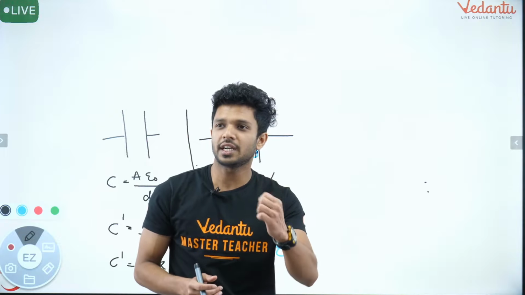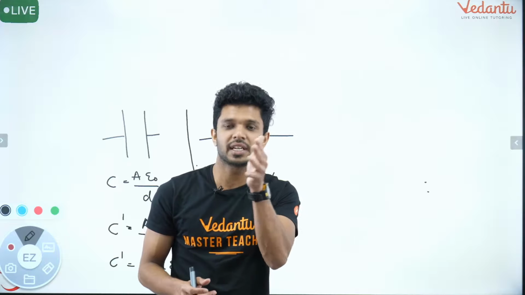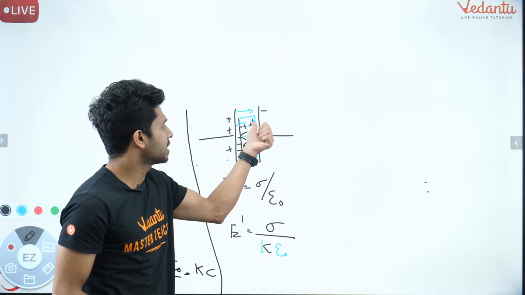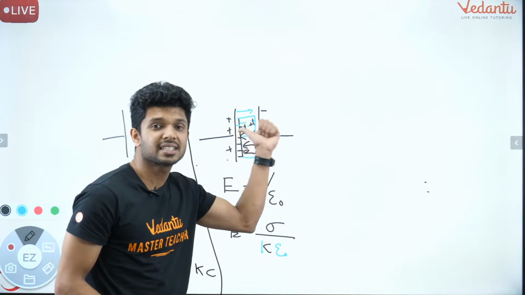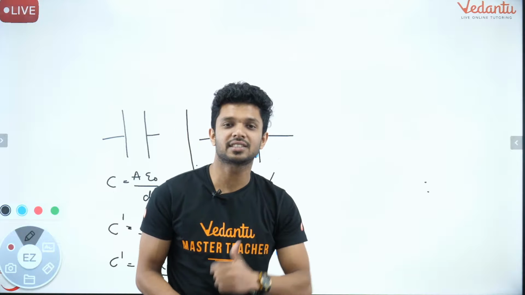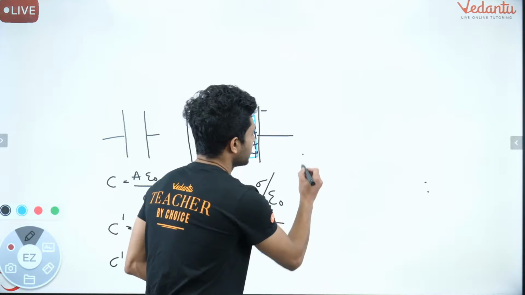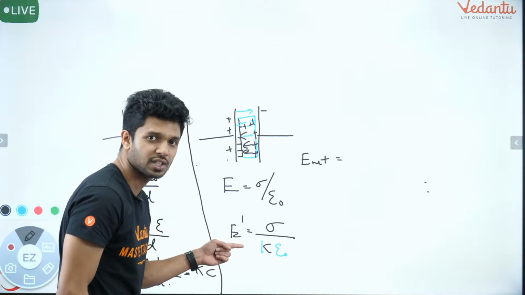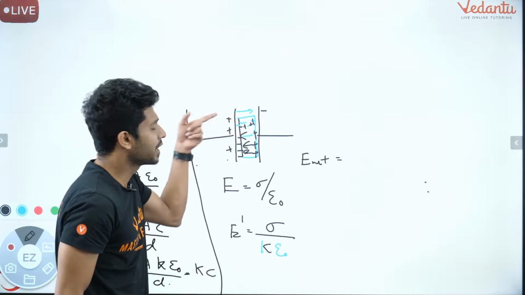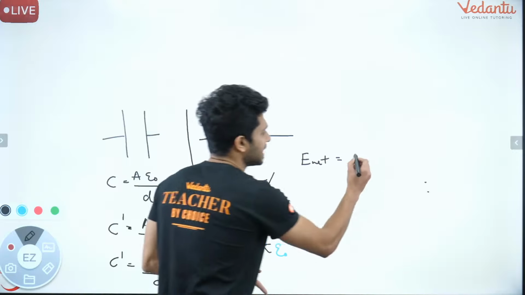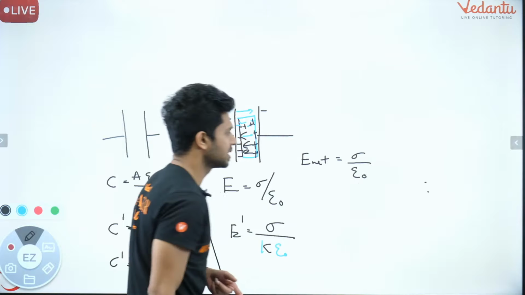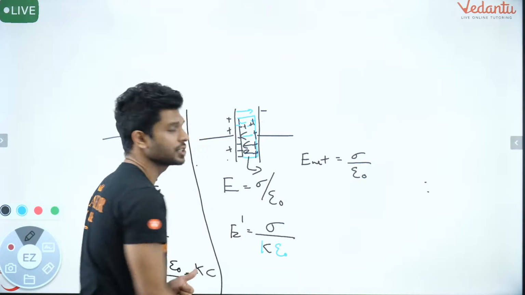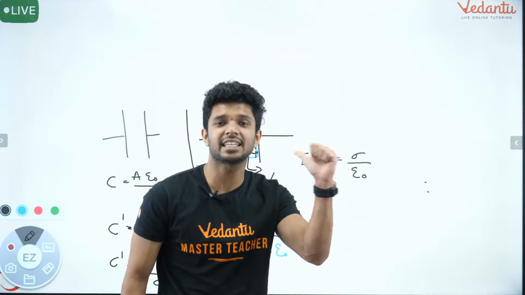Yes or no? So you got it? Don't worry, you will get it once the explanation is over. So the electric field has decreased because of what reason? Because of the extra electric field which is developed inside this dielectric in the opposite direction. So what can you write? The net electric field which is available now, sigma by K epsilon 0, is because of what? Whatever was the electric field in the first case, sigma by epsilon 0, from that I have to subtract the electric field produced because of the dielectric in the opposite direction.